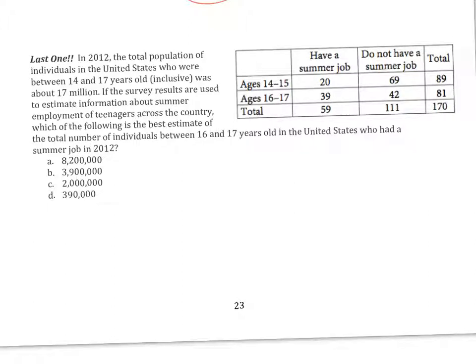Yeah, that's exactly what you're supposed to do. We're going to do a proportion. So, first piece of information we are given is 17 million. Okay, it's important for us to know what that is. That is all 14 to 17-year-olds. Out of those 17 million, I want to know how many had a summer job. Okay, so then everything on the right is going to come from our sample, our actual data. In the denominator needs to go how many 14 to 17-year-olds there were. 14 to 17.